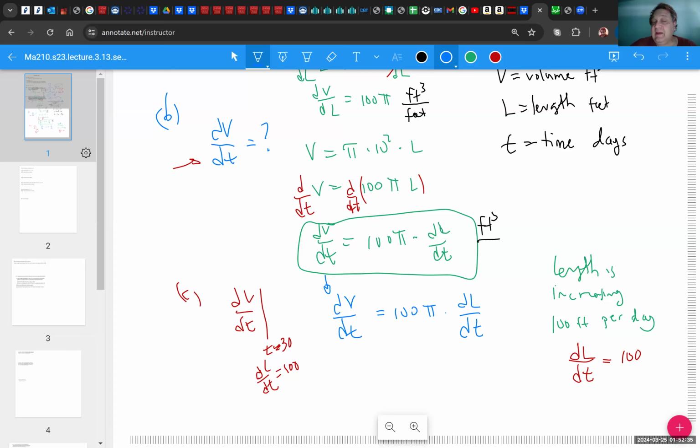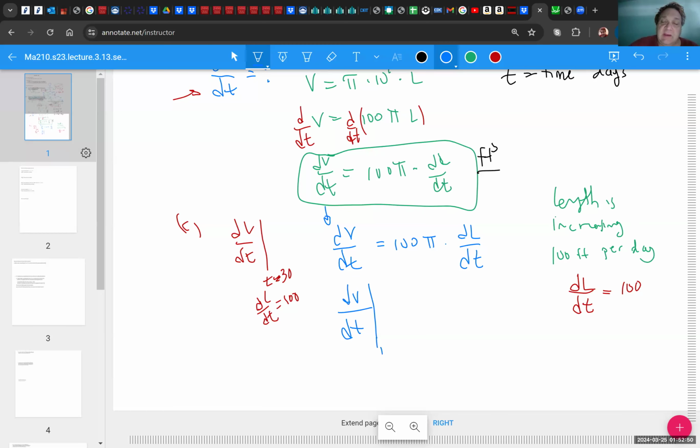There's no t in our formula, so we don't need to plug that in anywhere, but we definitely need to plug in dL/dt. So this is dV/dt at the information that we are given. So I'll just say dV/dt at the info is equal to 100 pi times dL/dt, which is 100. And that is